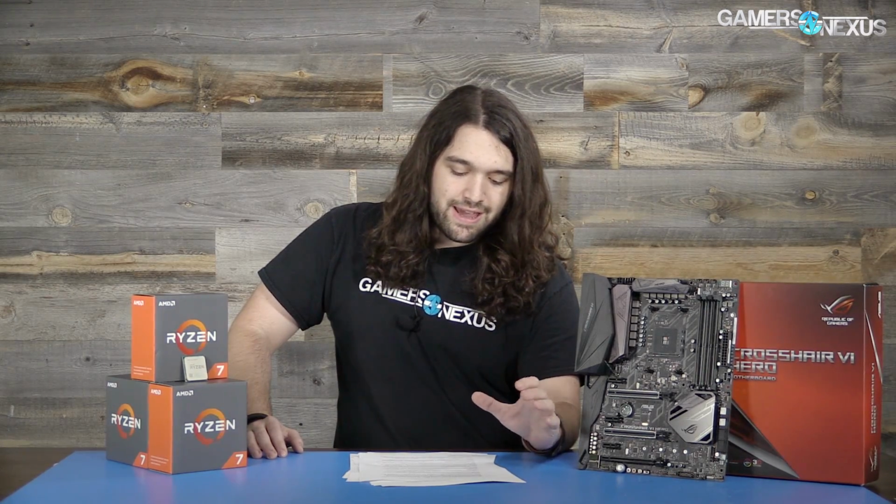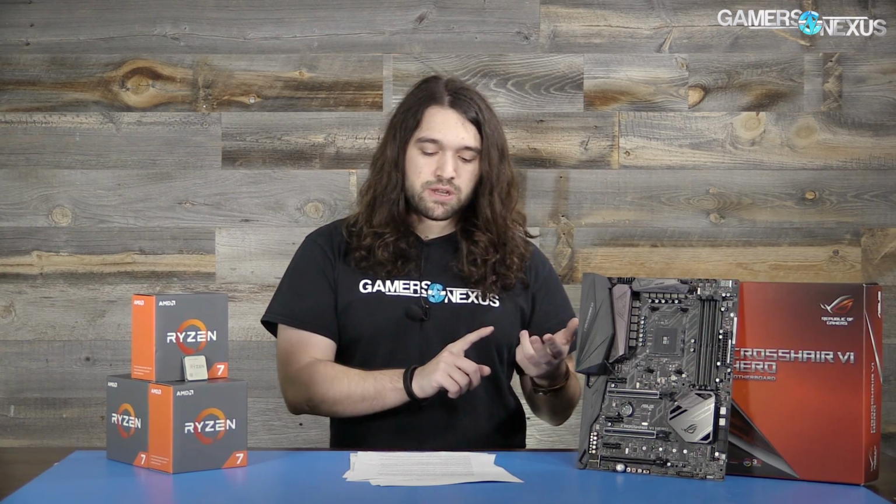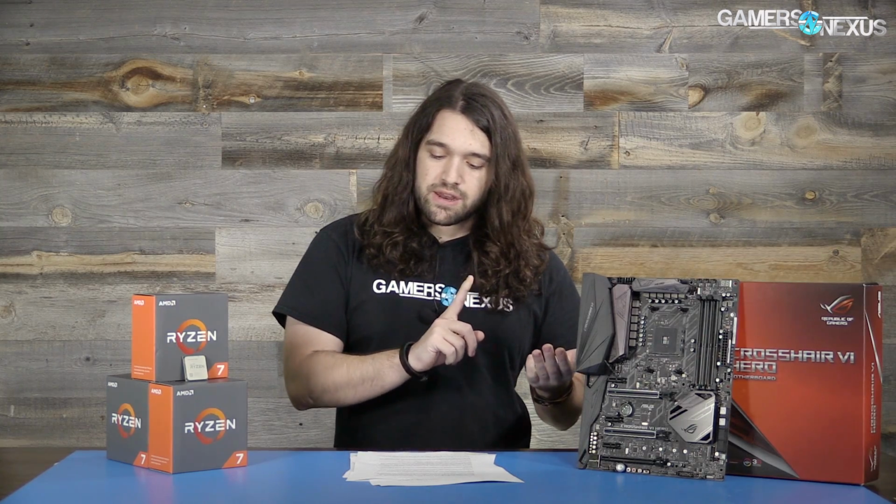We were able to clock up to 2933 megahertz on the kit provided and used that for our tests, and we're not able to sustain higher clock rates than 2933 for a few reasons. One of them, we have a Hynix die Corsair kit. It officially is rated for 3000 megahertz, but to get any kind of higher frequency, you would need to do a few things. One, custom reference clock and VDIMM tuning, and two, ideally step through memory training, and then three,